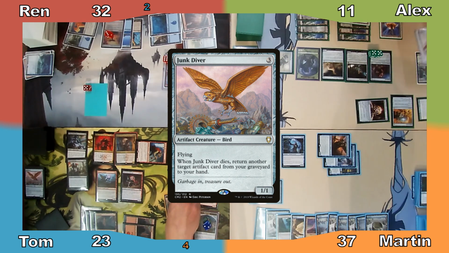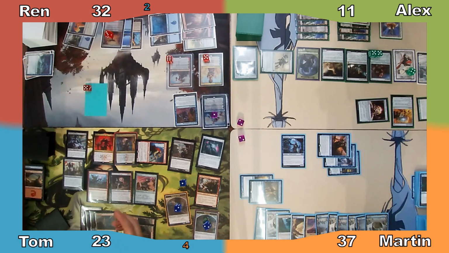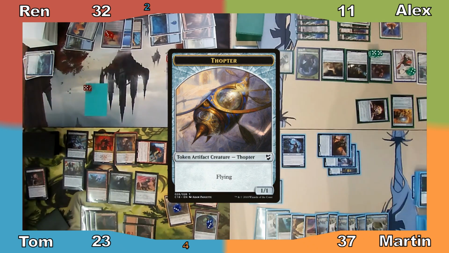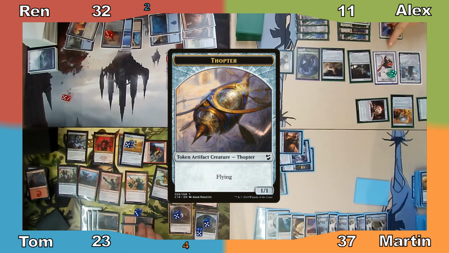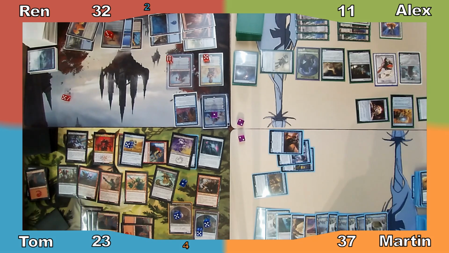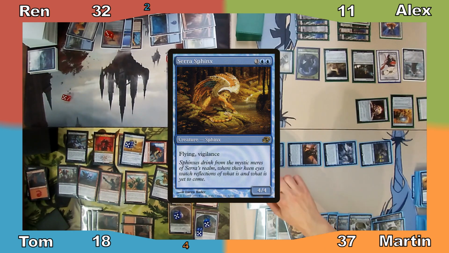Finally, Tom upheld his promise to Alex, destroying his Hangerback Walker with 4 instances of Judith's ability, causing him to create 4 1/1 Thopters with flying. Once Tom had finally finished playing with himself, Alex blocks all of my attacking creatures with Thopters, and Tom takes 5 damage. I then move to my second main phase, where I cast Theros Sphinx, allowing Ren to pick the